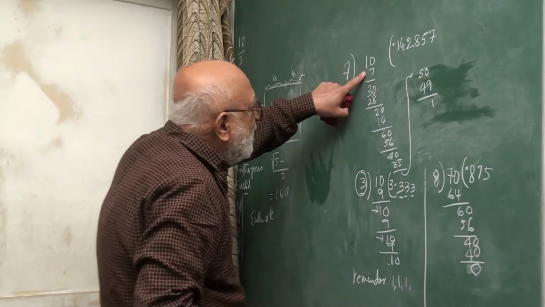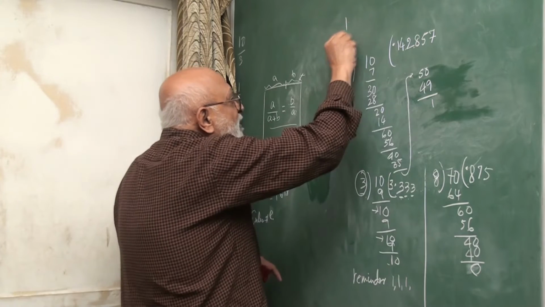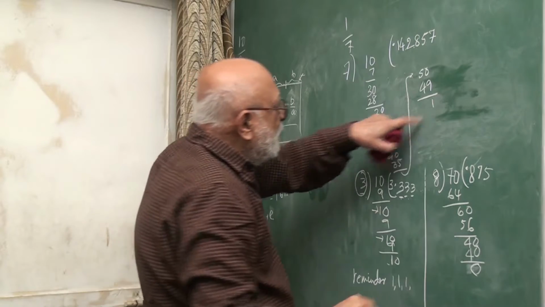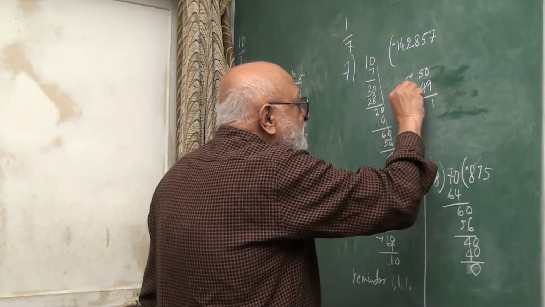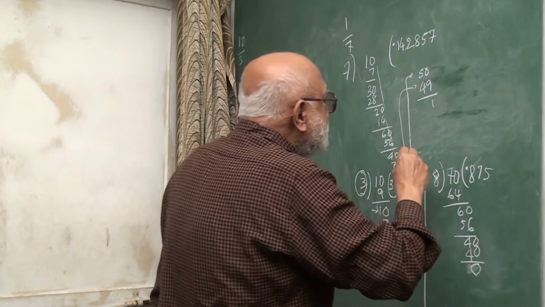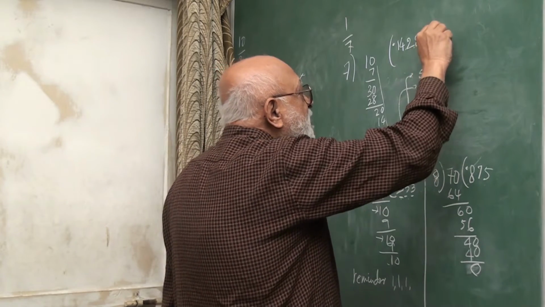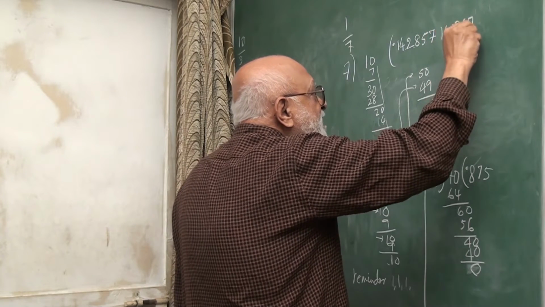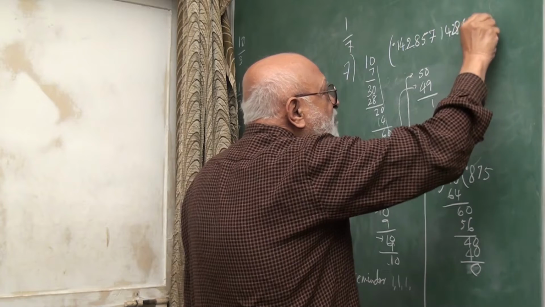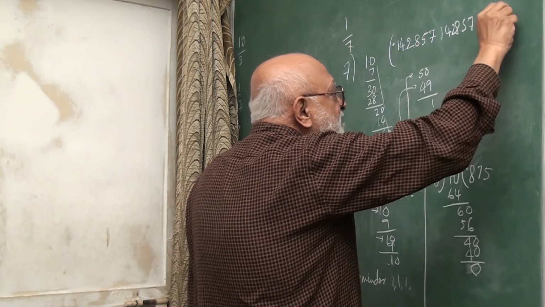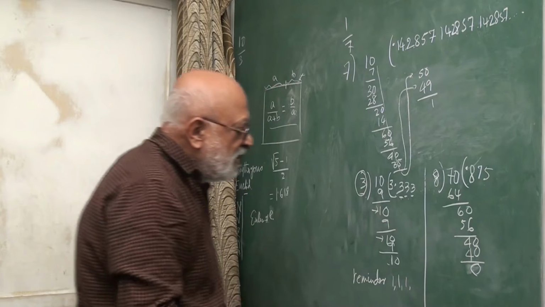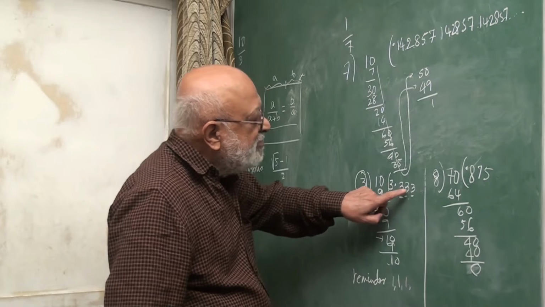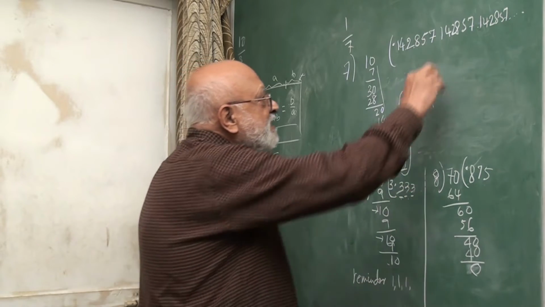So this 1, what I started with, this is 1 upon 7. This 1 has come back, so again it will go through the same cycle. Which means again it will be 1, 4, 2, 8, 5, 7. It will keep on continuing. Again 1, 4, 2, 8, 5, 7. And like this, this is 3, 3, 3. In this case, this whole thing